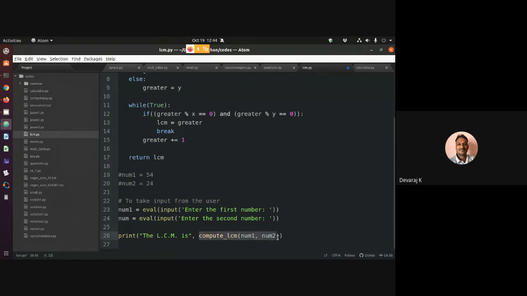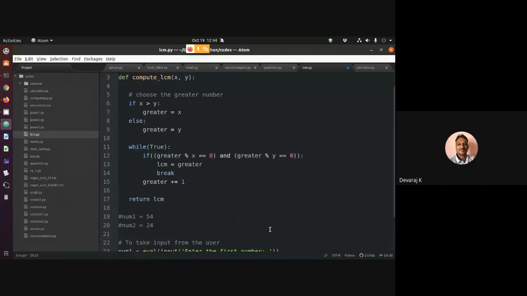So this is where I am in the Python code. I'm trying to calculate the LCM by calling this compute_LCM as a function and inputting the two numbers num1 and num2. Okay, fine.